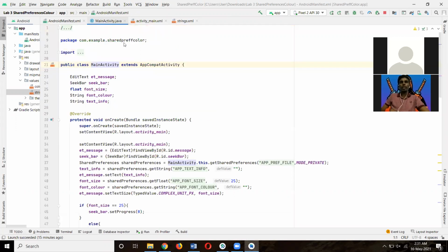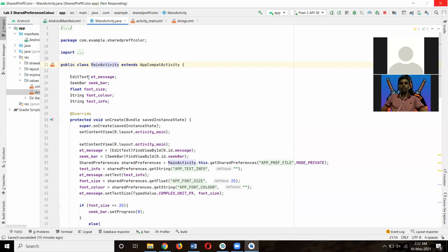And now we are going to see the Java. Inside the main activity, public class MainActivity, I declared the tools used in this app, which means EditText etMessage, SeekBar, a float for the font size, a string for the font color, and text info.